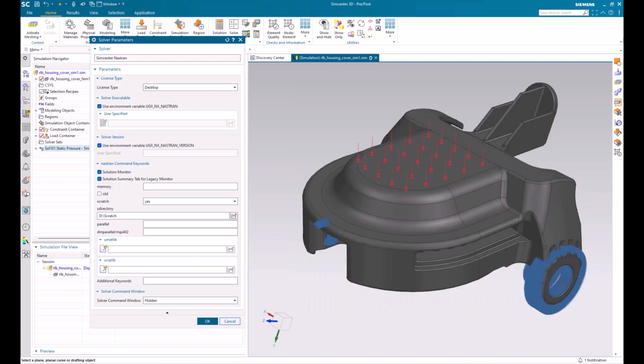Next, we can specify if we want scratch. When set to yes, this deletes the database files at the end of every run. We can also adjust this to no. This will store the files and can be used to restart your analysis. We also have the mini option. This specifies a reduced size database that can only be used for data recovery restarts. When specifying a scratch directory, we want to do so at a location that has sufficient space.